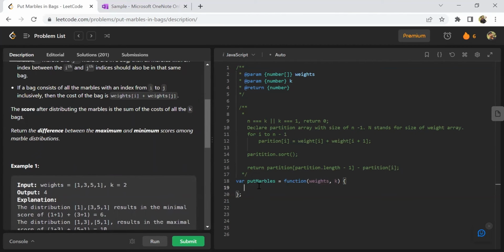Now just try to convert this pseudocode into JavaScript. Okay, if weights dot length equal to k or k equal to 1, please simply return 0 because I don't have any possible partition, both minimum and maximum value become the same. And then the next step, just declare the partition array. The partition array is new array of size weights length